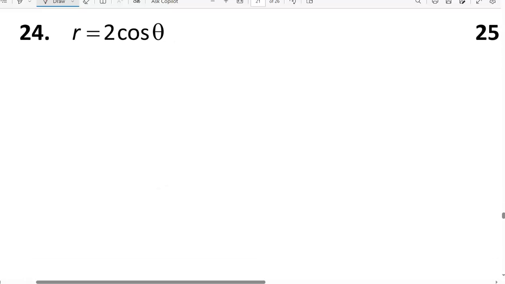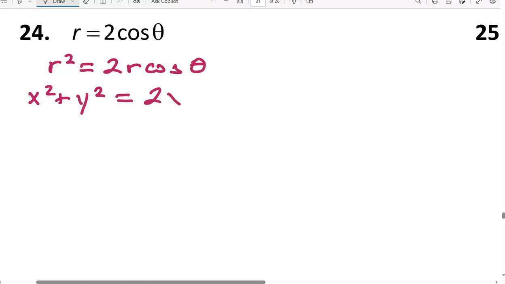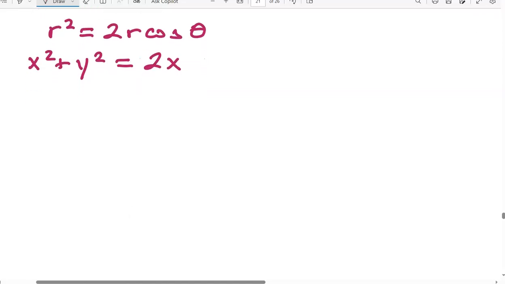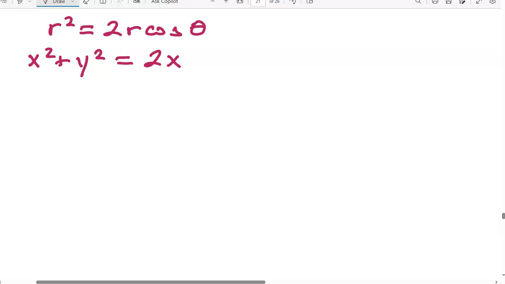For number 24, r is equal to 2 times the cosine of theta. r is not easily converted, nor is cosine of theta by itself. It's easiest to convert if you multiply both sides by r. Once you do, r squared can be replaced with x squared plus y squared, and r times the cosine of theta can be replaced with x. This is not quite in standard form. It is an equation for a circle, but we can put it in a standard graphing form by subtracting 2x from both sides,